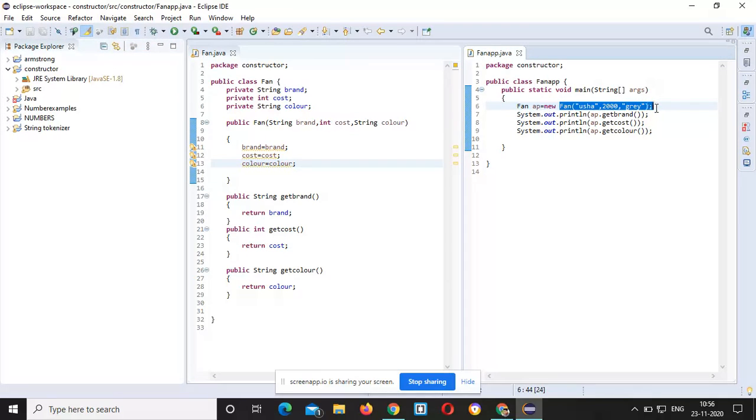In a constructor, we can see its types: default constructor, parameterized constructor, and copy constructor. When a default constructor is being called,